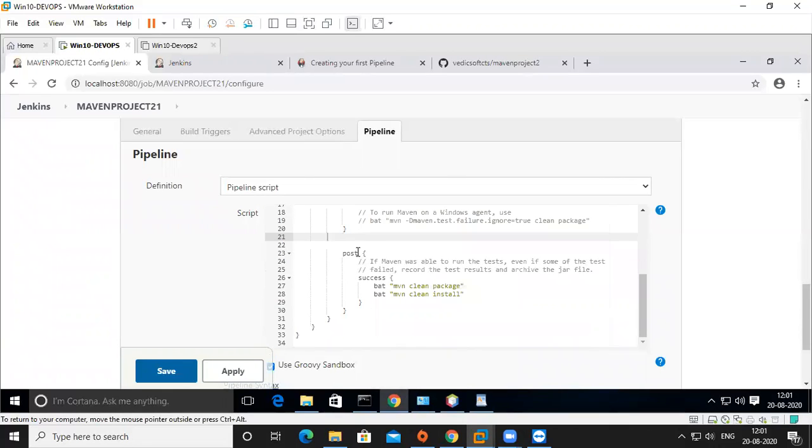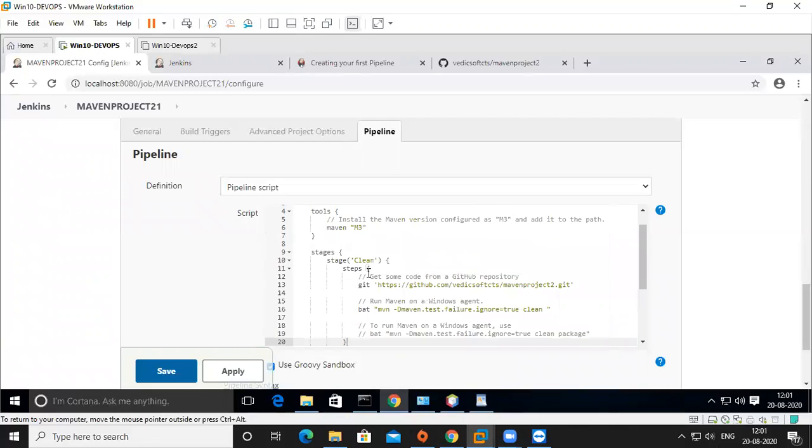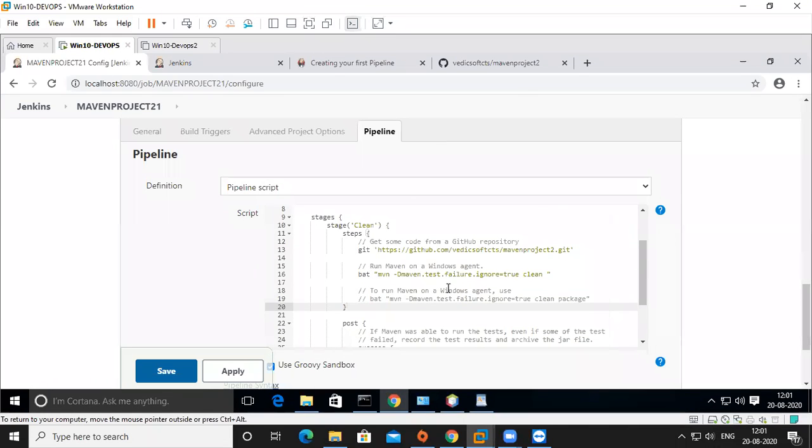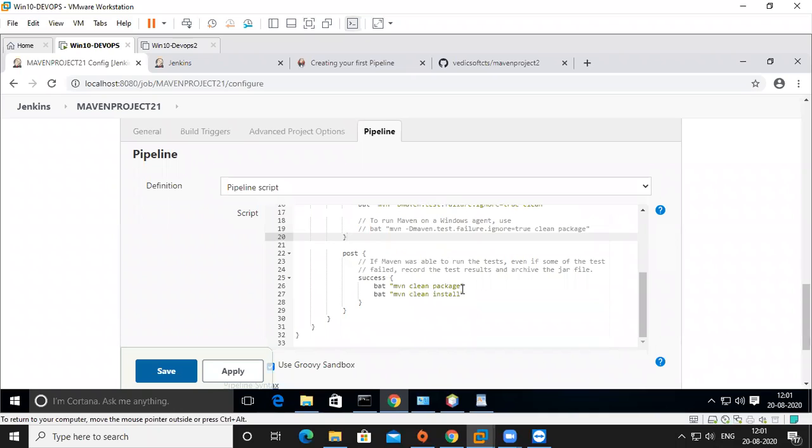Okay. Now just to clean. Okay. And this is also I put it in a comment. Clean. I use compile only. Okay, that's it.